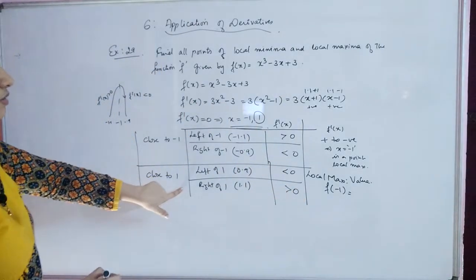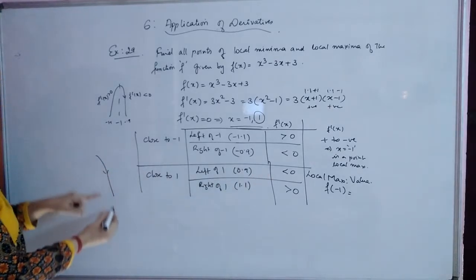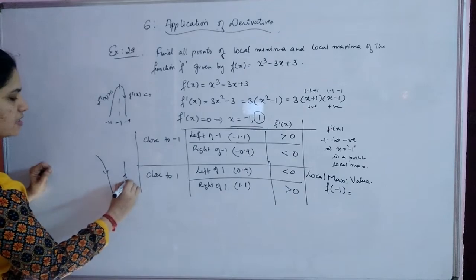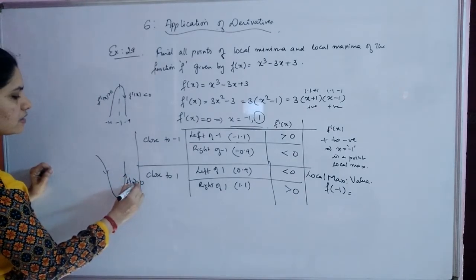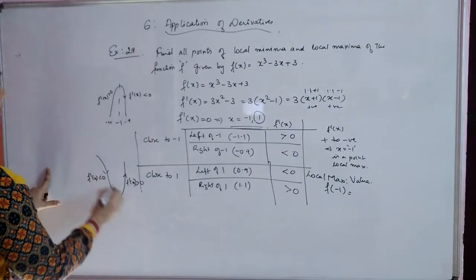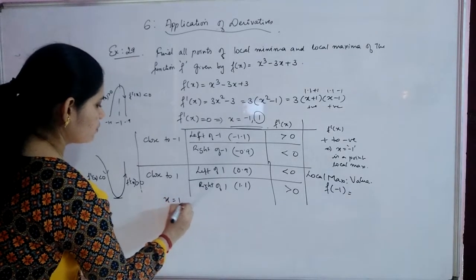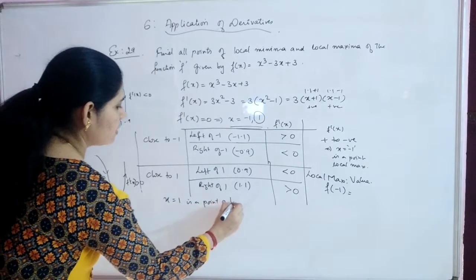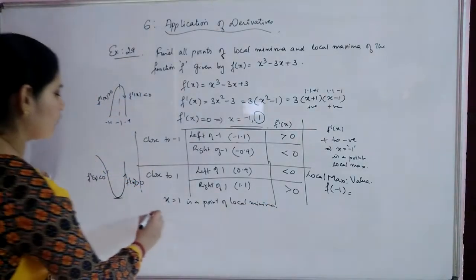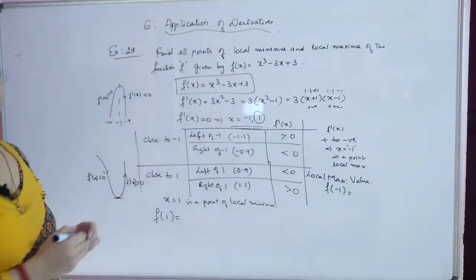So in total you are getting a positive value for f dash of x, that is greater than 0. Look at the figure: to the left f dash is less than 0, so the graph goes down like this, and to the right it goes up like this. F dash of x is positive on the right and negative on the left. So it is moving from negative to positive, which means you are getting a point of local minima. So x equal to 1 is a point of local minima. Now if they ask for the local minimum value, you have to replace it in the function, f of 1, and find out what you are getting.